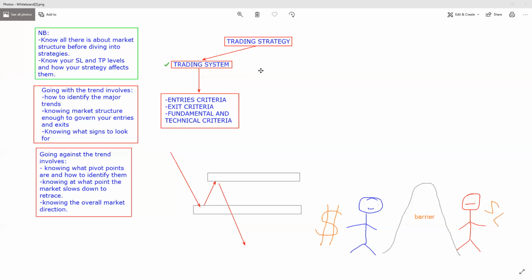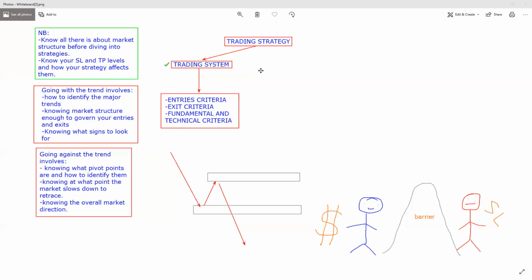Stop loss and take profit levels are key if you want a profitable trading strategy, because a strategy with a win rate above 50% is generally more than okay if you apply the other two sectors of a trading strategy, which are money management and emotional control. So keeping that in mind, there are two scenarios a trading system might revolve around.